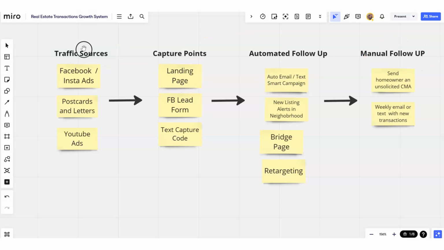So in this video, we'll focus on one of these traffic sources, and the one we're going to pick today for this particular niche. And you can use whatever you want. You can use Google ads, Facebook ads, Instagram, YouTube, whatever you want. Any traffic source. You can run banner ads in your area. You can do a wrap on your car, whatever you want. But for today, we're going to go ahead and do a postcard that is sent to addresses